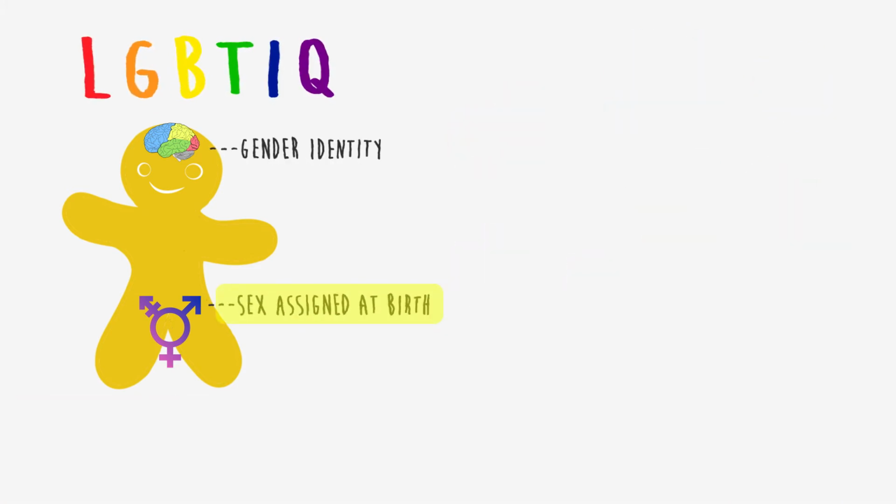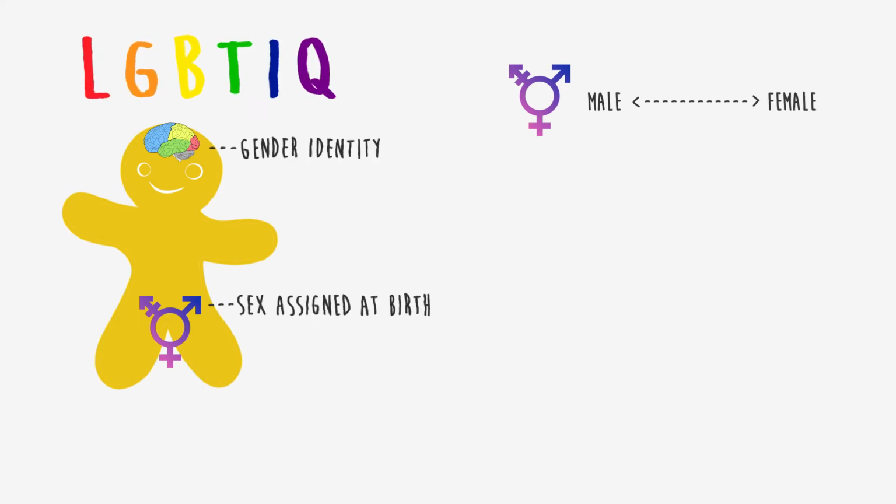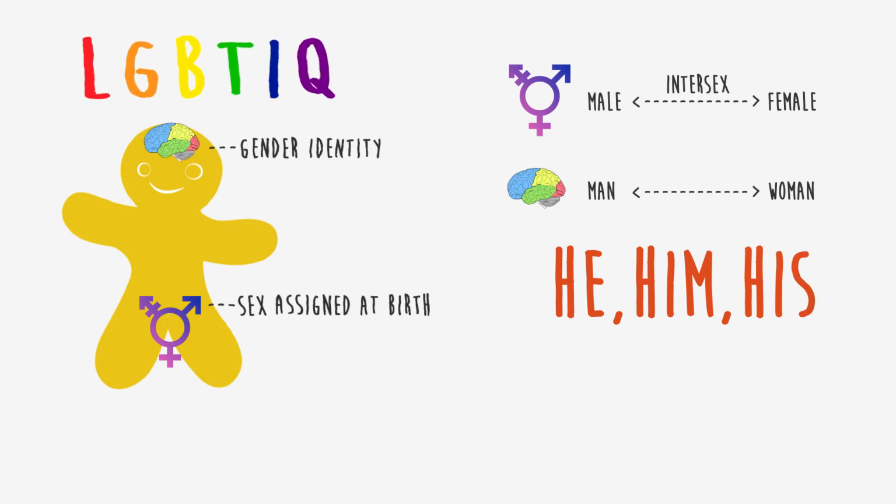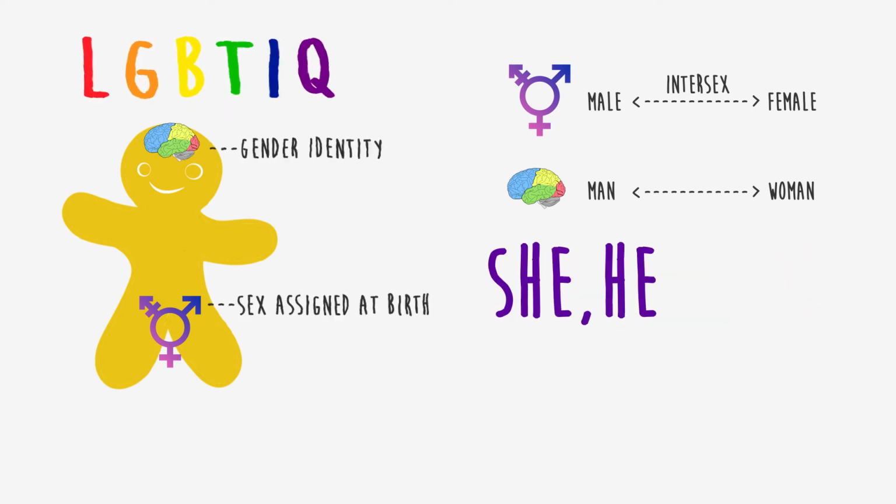Sex assigned at birth refers to the physical anatomy that you were born with. On one side of the spectrum you have male, and on the other side is female. But there is a variety between those extremes, for example, intersex persons. Gender identity is the individual's internal sense of being either male or female, or an identity between or outside these 2 categories. When referring to oneself, a male uses pronouns he, him, his, and a female uses she, her, hers,